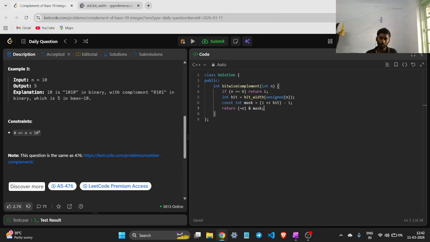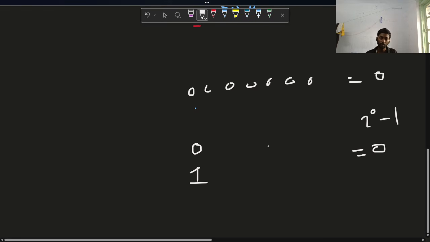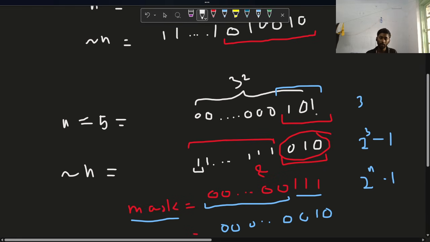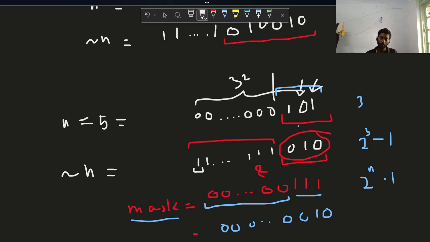Now we are going to solve it manually. Like we are going to take a different approach, that in n we are going to traverse bit by bit up to the most significant bit, and if we face any 1, we are going to set 0 in the answer, and if we find a 0, we are going to set 1 in the answer. So how to do that? Basically, first of all,